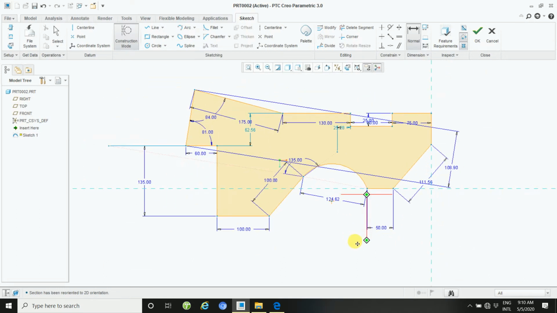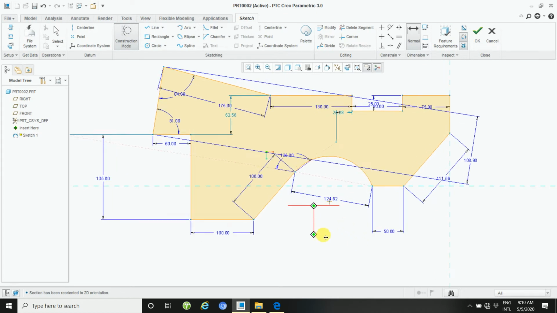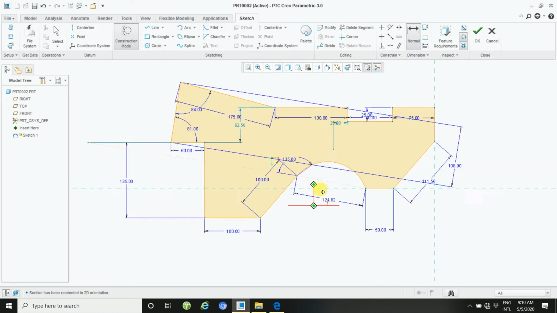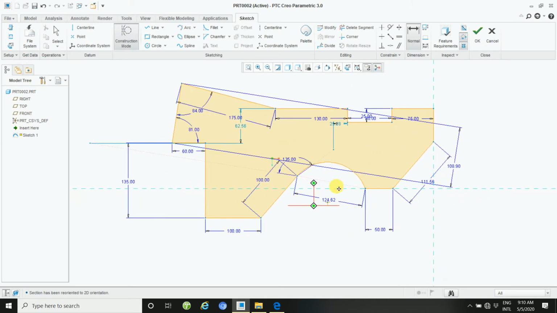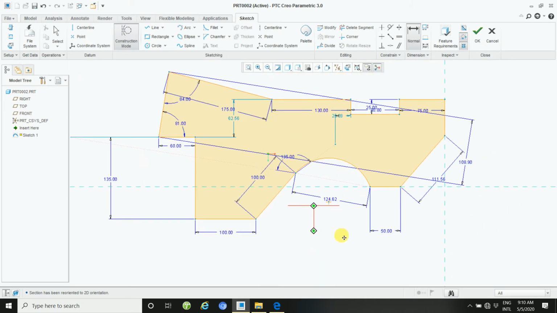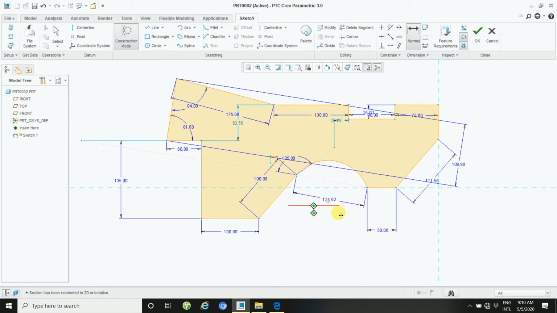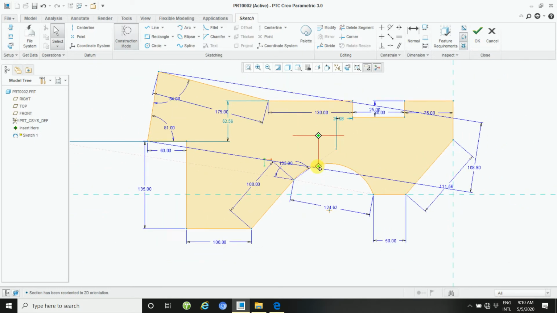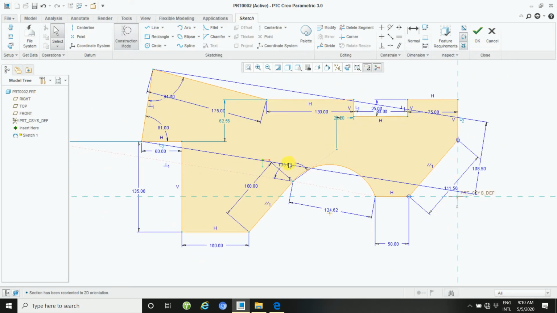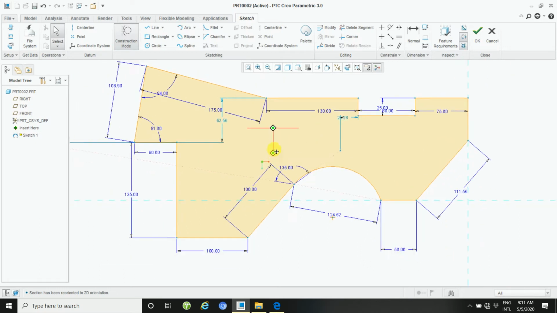And then zoom. How to zoom? Control plus mouse middle button, and then zoom in, zoom out, this way.